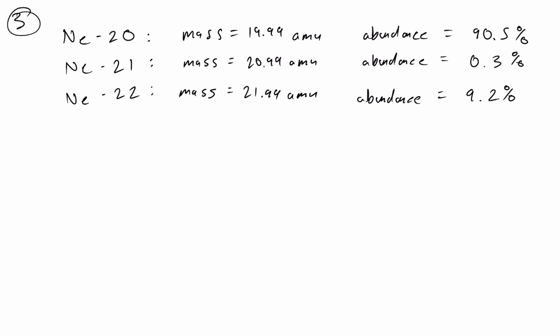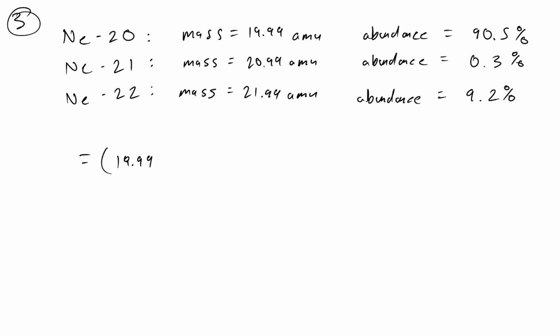Now we're going to do one more example, and feel free to pause the video and try this on your own. But when you come back, you'll see that the main difference here is that now instead of having 2 isotopes, we have 3. We're doing the same thing, we just have another thing to add. So I'm not going to read it out, I'm going to trust that you did that by yourself, but when we put it into the formula, the average atomic mass is going to be